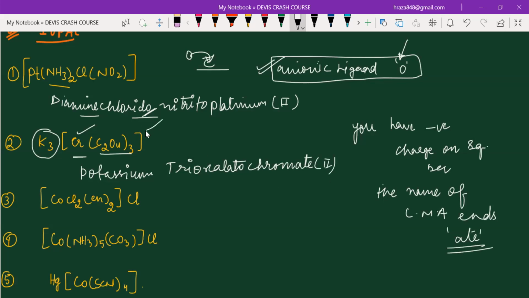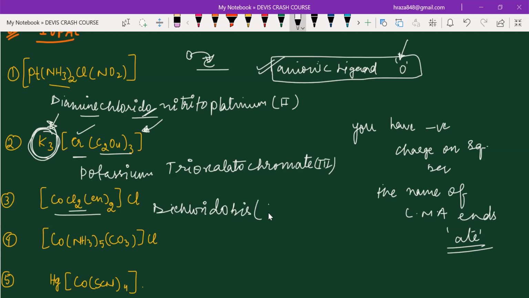Either it will be directly reflected on the bracket, or if there is a positive counter ion here, that means indirectly there is a negative charge there, right? Then come to this point, it's chromate 3, right? Chromate 3. Then again dichlorido, and since it is a complex ligand, we use bis instead